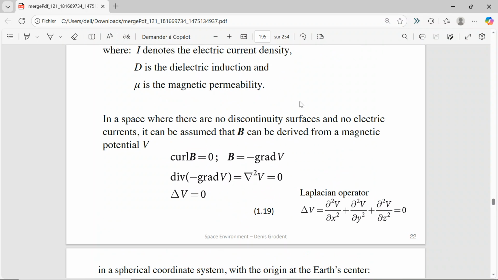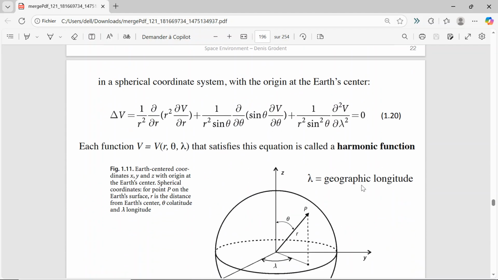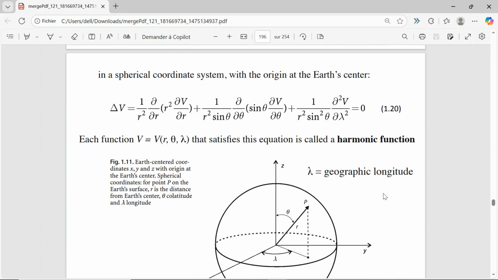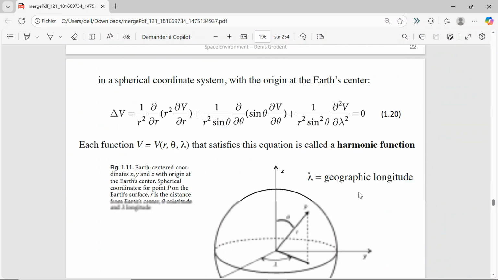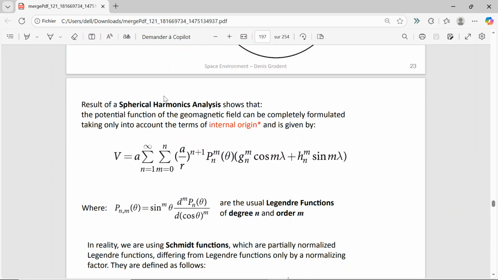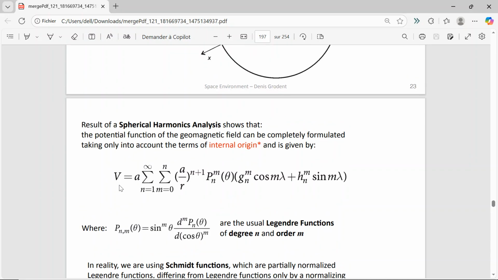In space where there are no discontinuity surface and no electric current, it can be assumed that B can be derived from a magnetic field potential. So we remain in the assumption of a dipole right here, and the solution for this magnetic field is provided by the harmonic function. So the spherical harmonic analysis generates that the potential,